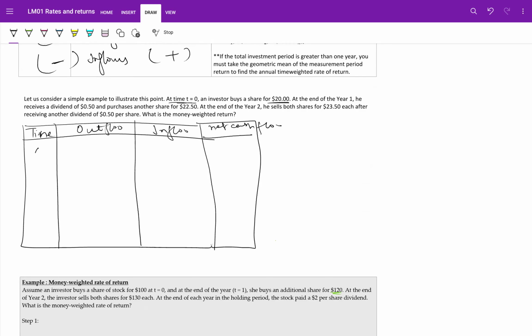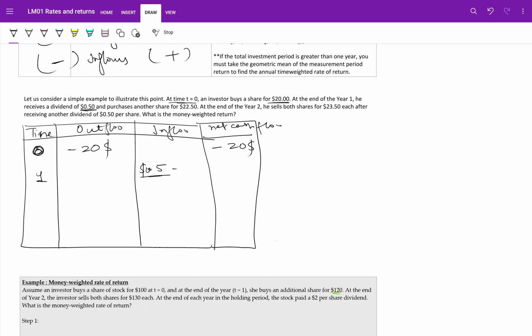So at time zero, we have invested $20 and there is no other investment. The investor buys at $20. At the end of year one, he receives a dividend of $0.5. 50 cents means 0.5, so $0.5. At the end of year one, he receives a 0.5 dollar